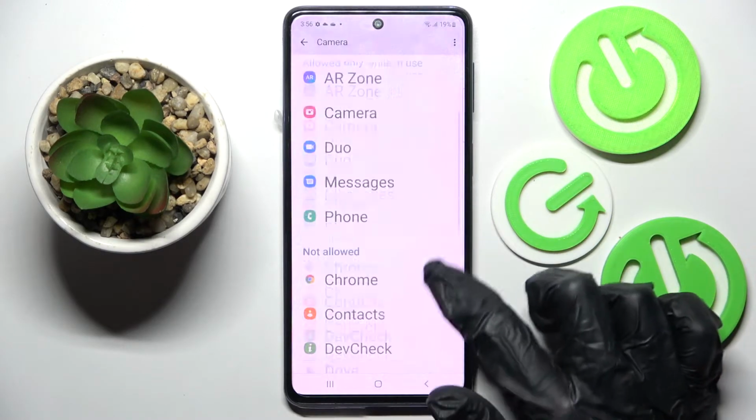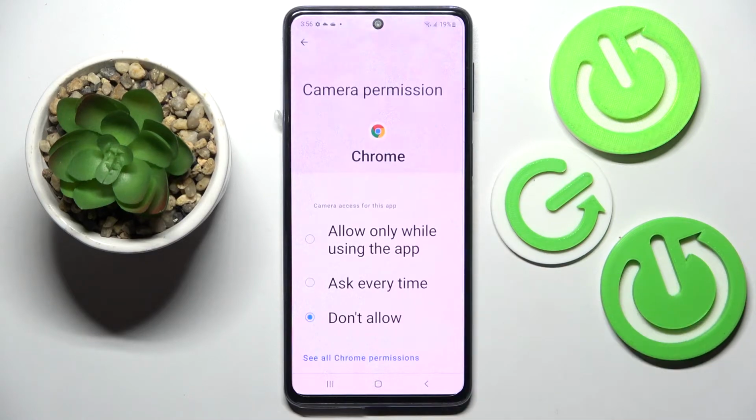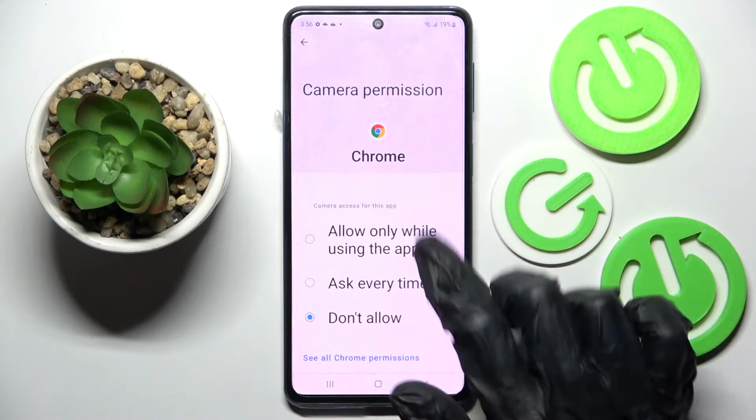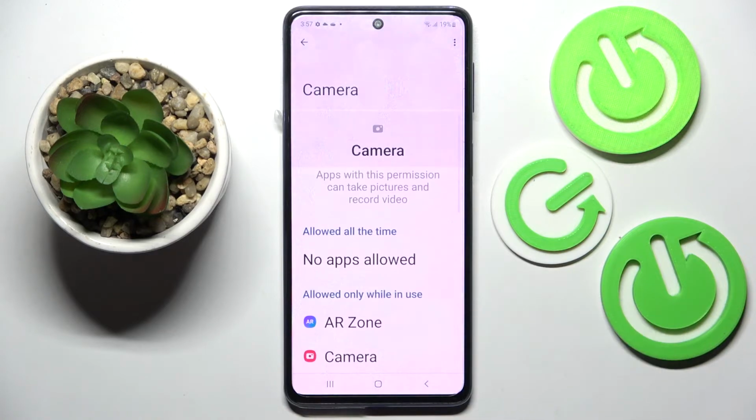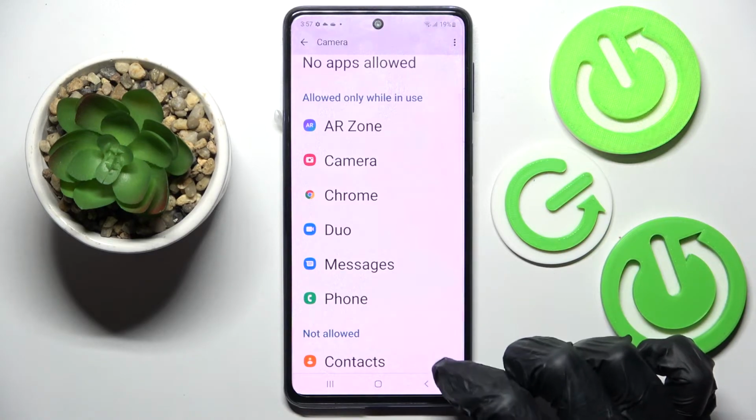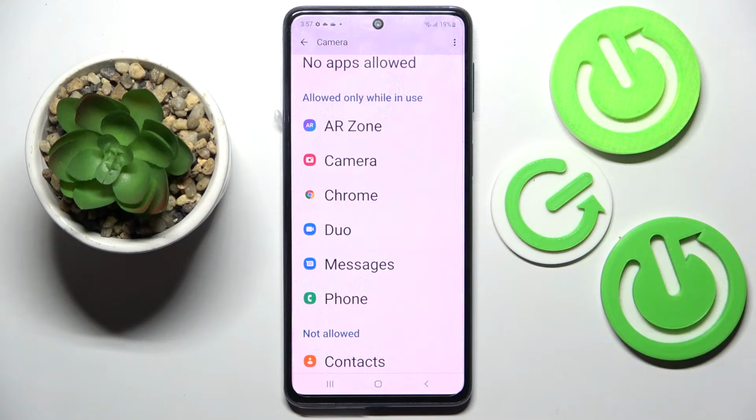Now select one of your apps by tapping on the chosen one, like Chrome. Then select one of those options: allow only while using the app, ask every time, or don't allow. I will go with allow only while using the app, so when I go back and swipe up, as you can see, Chrome just gained access to this device's camera if I'm using it,